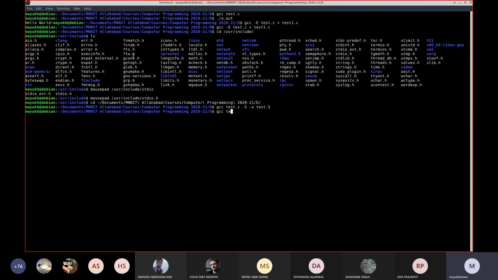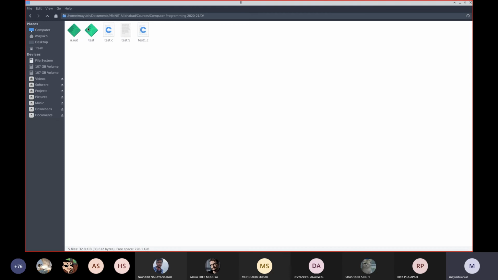So gcc test.c -o test.o as well. In fact, generally the object files are kept with the extension .o, but when you have a single C file and you know the final machine instruction file will eventually be the final executable file, it is not necessary to put a .o there, and you'll have this executable file test created.